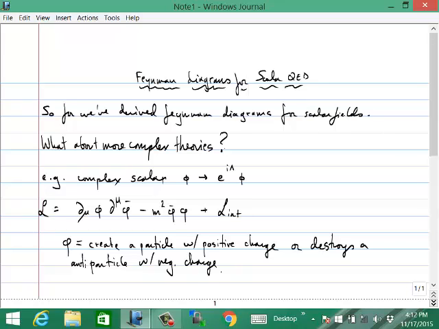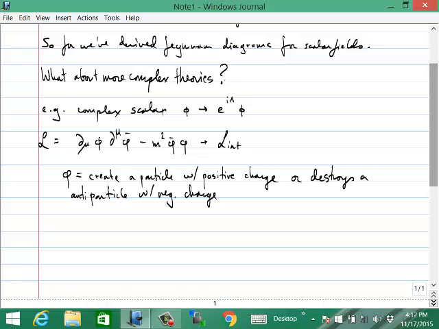In either case, if you interpret phi as creating a particle with positive charge or as removing an antiparticle with negative charge, no matter what it does, it increases the charge of your system by 1. So the operator phi acting on a state increases the charge of that state by 1 unit. And if you want to write out the statement that phi creates a particle or removes an antiparticle a little